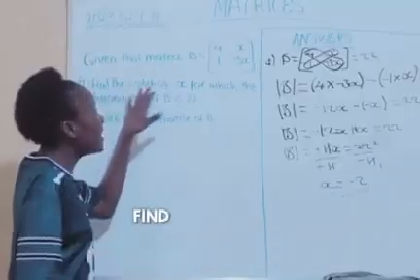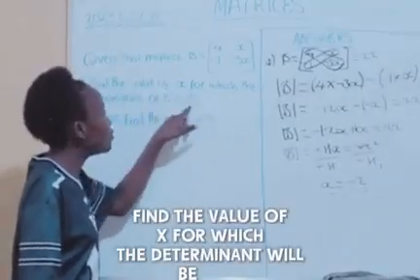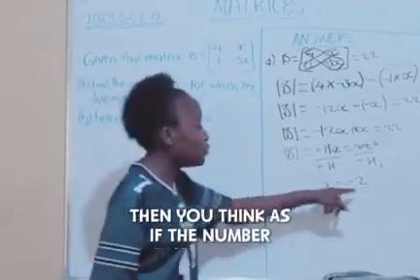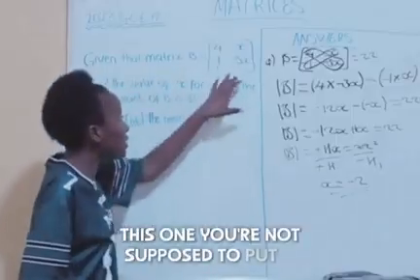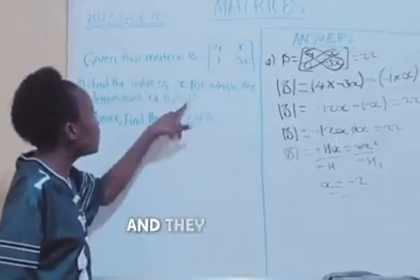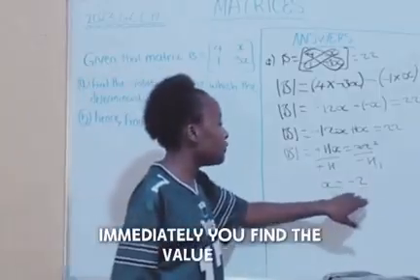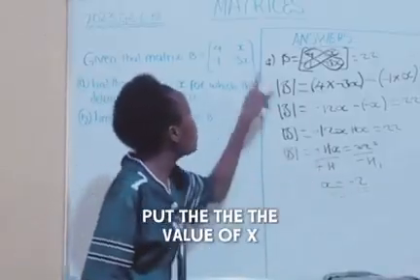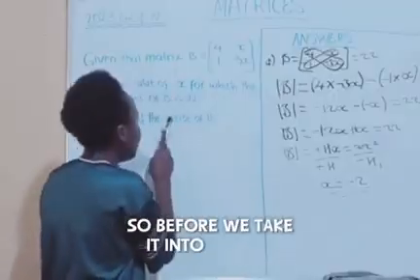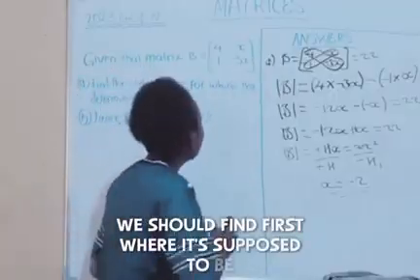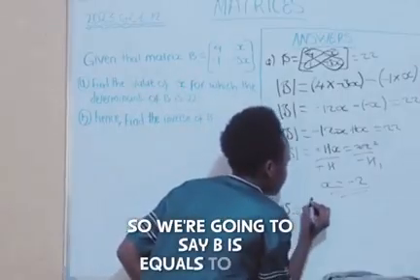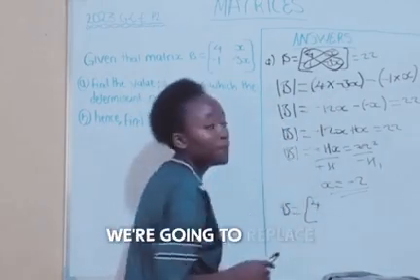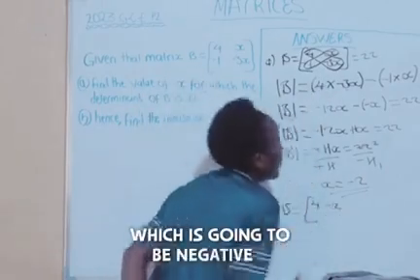When the question is saying, find the value of x for which the determinant of b is 22. Some of you are used to not being given the determinant. Then you think as if the number that you've gotten is the determinant, that's what you're not supposed to put. But no, if you are given the determinant, they told you to find the value of x. Immediately you find the value of x, before you find the inverse, you are supposed to put the value of x where it's supposed to be. So before we take it to find the inverse, we should first find where it's supposed to be. So we're going to say b is equal to, okay, the way it is here, 4. Where there is x, we're going to replace with negative 2, which is going to be negative 2. And while here,